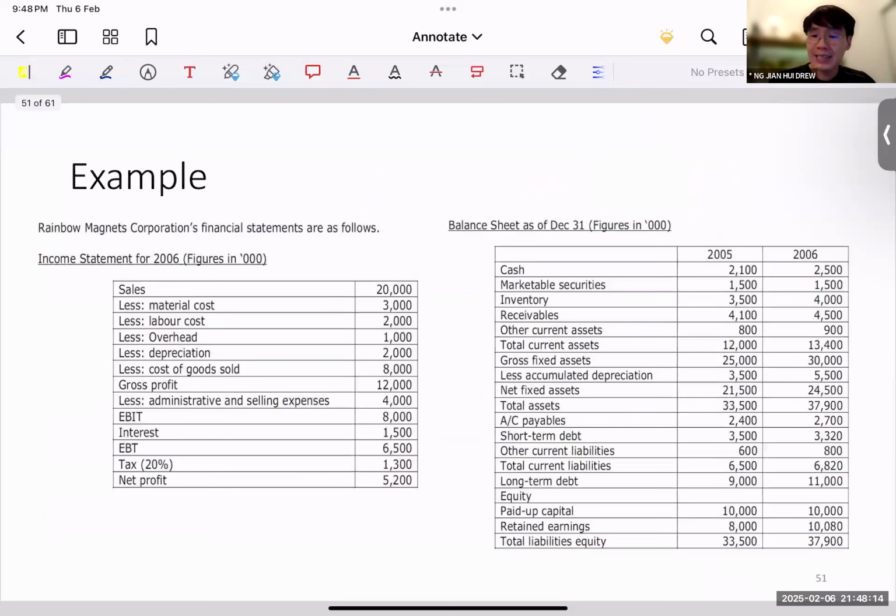Okay, there is one last example I'd like to go through before we end today's lecture. And so this is a good, more of a broad-based kind of example. Okay, so let's look at here. So we are given this income statement and balance sheet. Of course, it's a bit simple. Some important things to take note, I just want to highlight to you. We are given gross fixed assets. There's also accumulated depreciation and net fixed assets. Recall that when we talk about our FCFF, our NCS component, NCS, I did mention about being very careful about net and gross, so be careful about this.